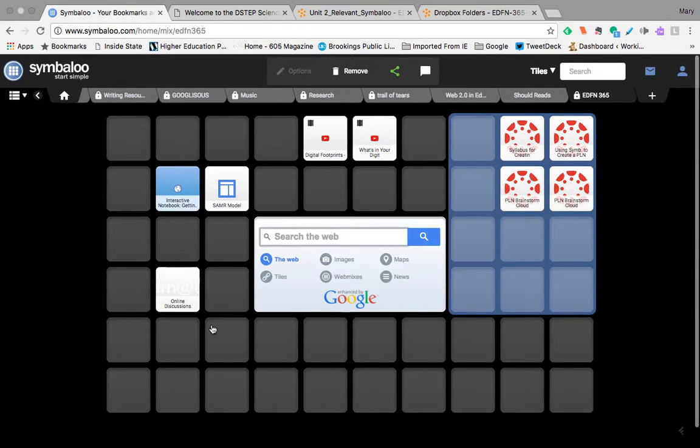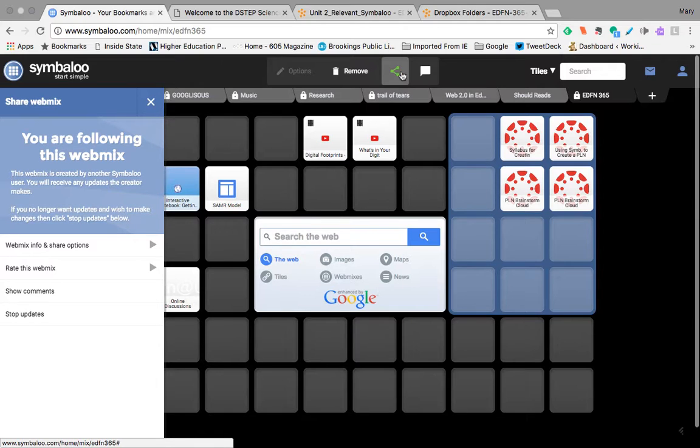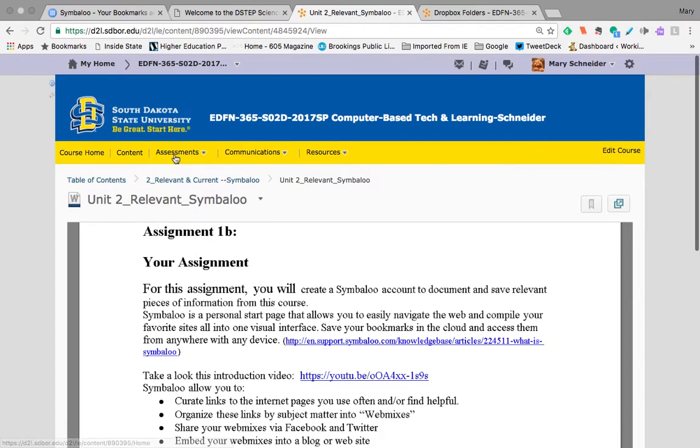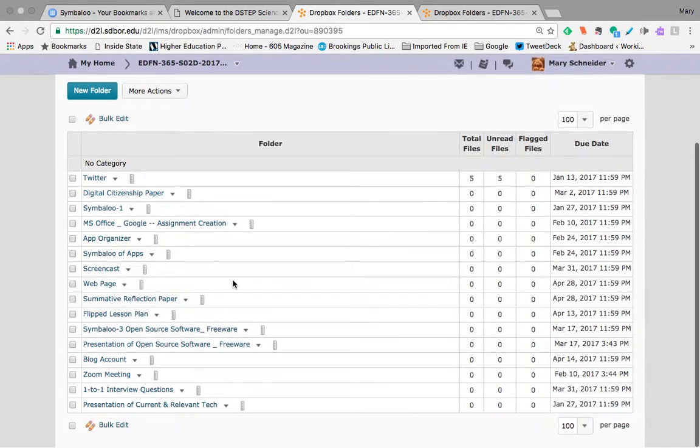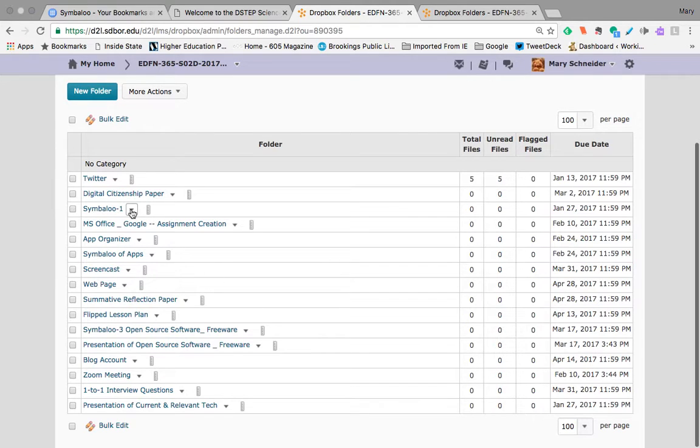Now, you guys are going to create a couple of different web mixes, but please feel free to create as many as you want to. What you're going to then do is share your web mixes to me, and we're going to have you do that by putting it into a Dropbox. You're going to have a Symbaloo 1 right there. And what I want you to do is put your Symbaloo,